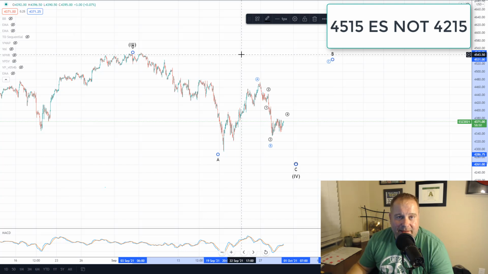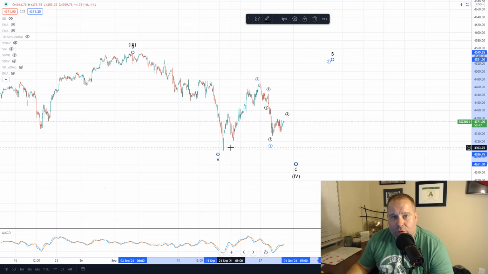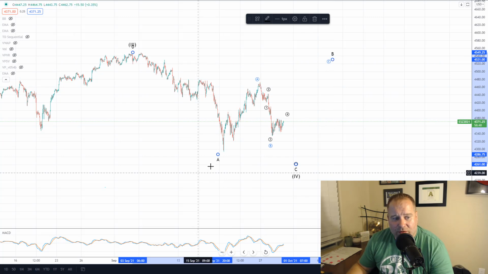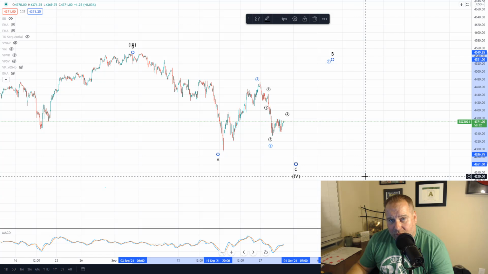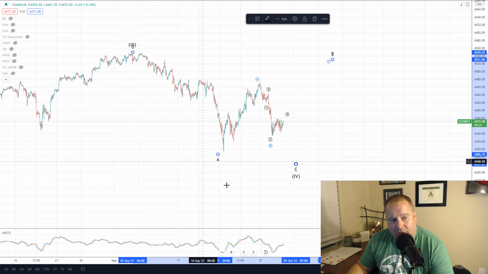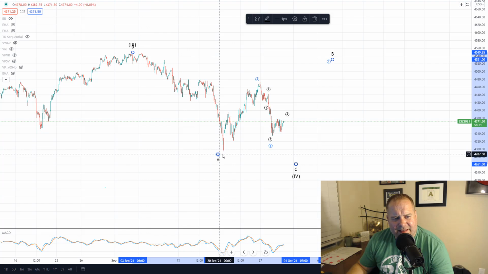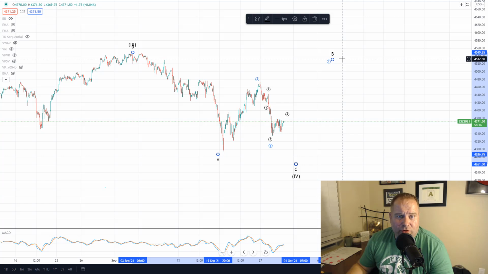Now, there are 2 reasons this makes a lot of sense. First of all, if you do the math on it, and typically in corrections, the C wave, okay, which this would be C of B, the C wave equals the A wave in length. All right, so that would put us at the 4515 area. And then we would be starting C down of 4 from there. Now, same scenario here, the C wave down should equal this A wave down right here. All right, well, this was 256 points, I believe. And if you take 256 points off of here, it puts us right in the 4260 region, which is exactly where we thought we would be for our wave C.